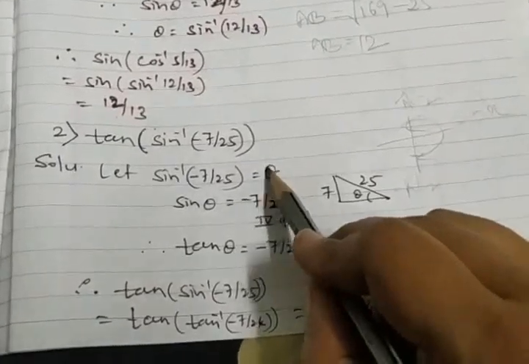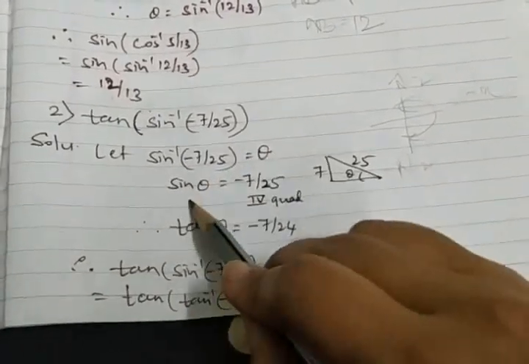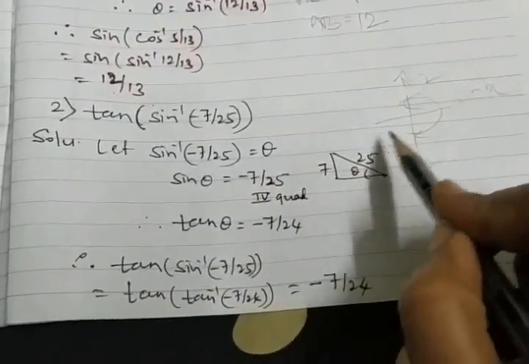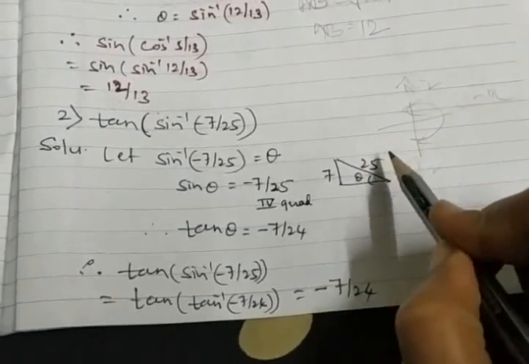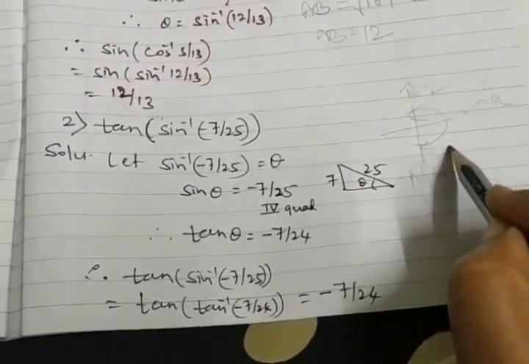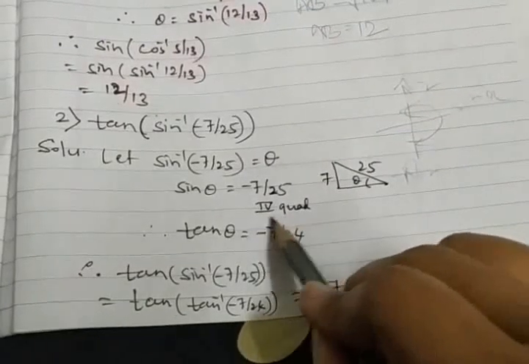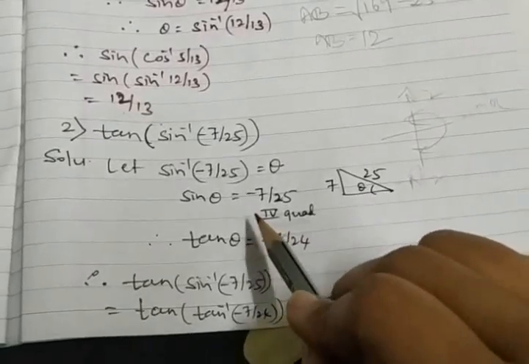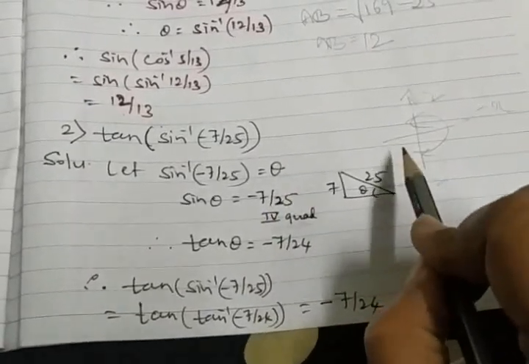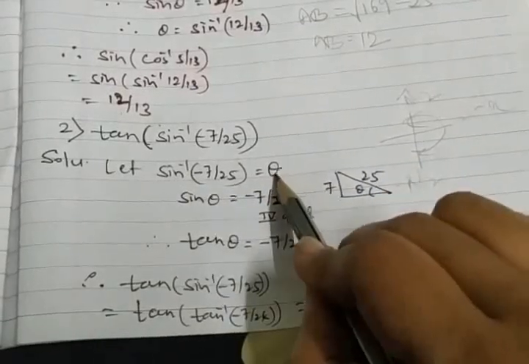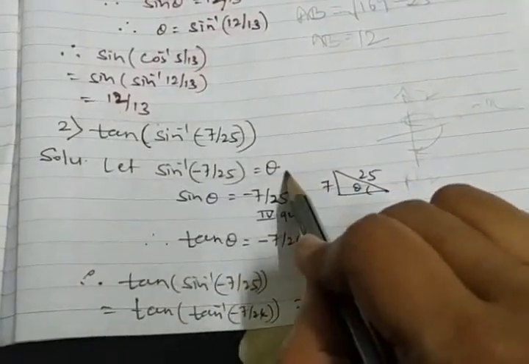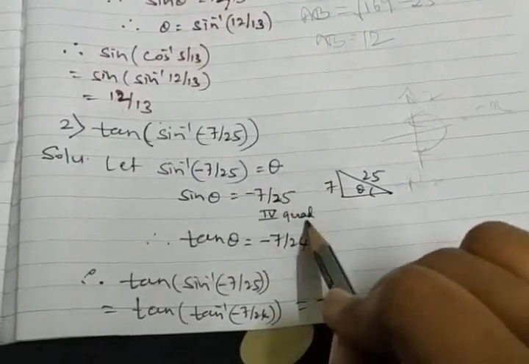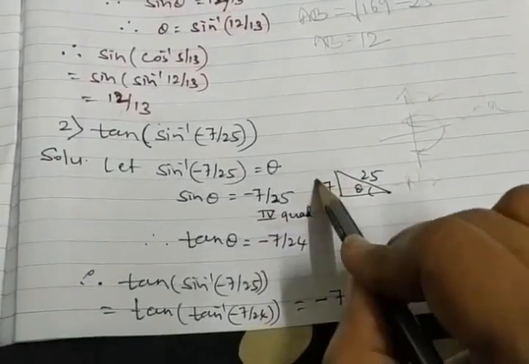Got it? So for the sine inverse existence of theta, if I find sine is negative here, I should exclude the third quadrant. The third quadrant is not under discussion. Only the fourth quadrant is a possibility. So I am saying here it is a fourth quadrant result. Whereas we know sine is negative in third, but third is not under discussion because already I defined theta for the inverse sine existence. So once I concluded sine theta is minus 7 by 25, sine is negative, it's fourth quadrant. For now, don't take this further. Back to the triangle here.